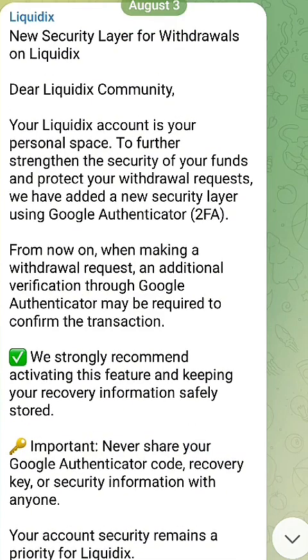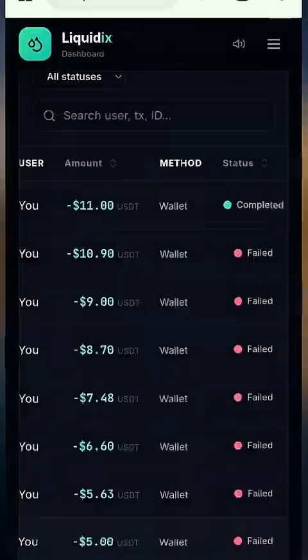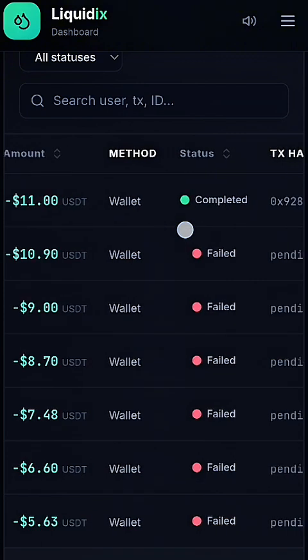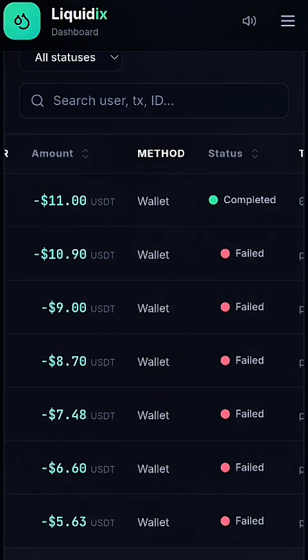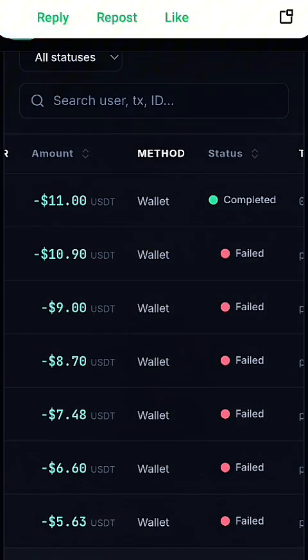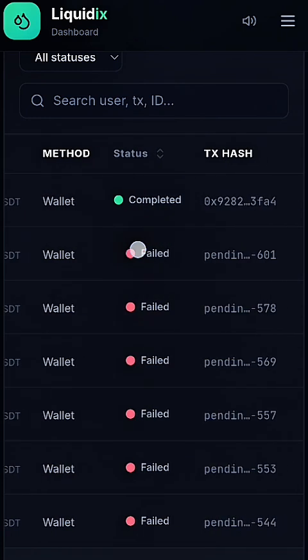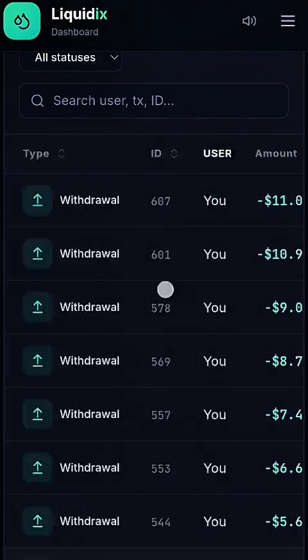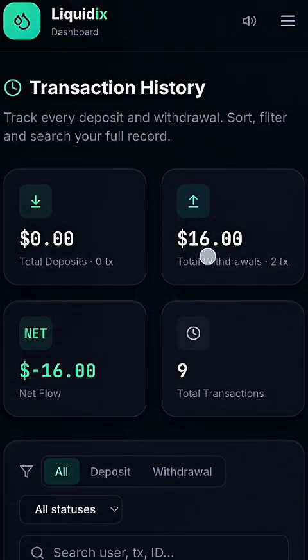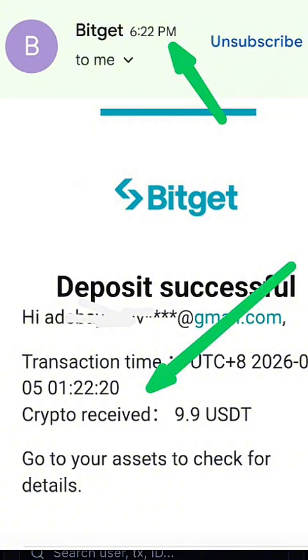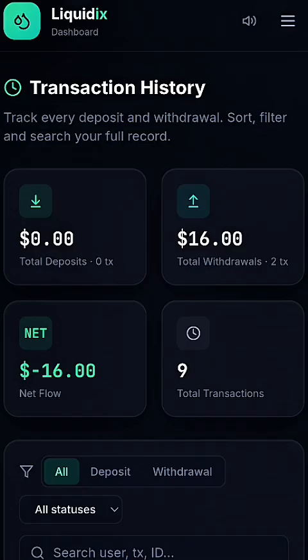So I didn't know that the platform was undergoing maintenance. So immediately I got this information, I just waited a while, then I tried again, and you can see now my asset has grown from $5 to $11. So I now withdrew $11 and I was charged 10%. So I received $9.9 in my wallet. So you can see it's completed, and this is the hash, and this is the total amount I've withdrawn on this platform, $16. So I've withdrawn twice. That's $5 and